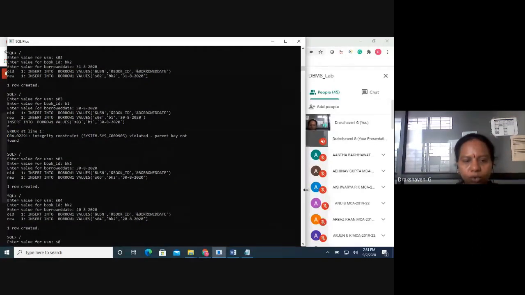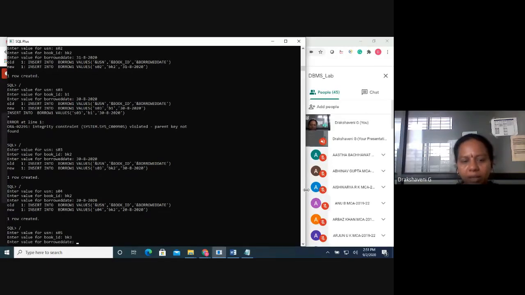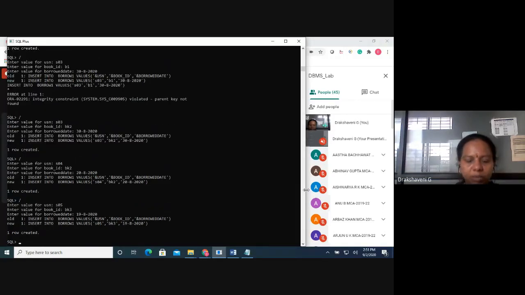Yes, 05 book ID. How many books have we entered? You have to remember how many books we have entered in the book table. If you give beyond that we can't enter. It will not take. So now I have entered some values into this table. How many have I entered? 5. So let me see what values I have entered.